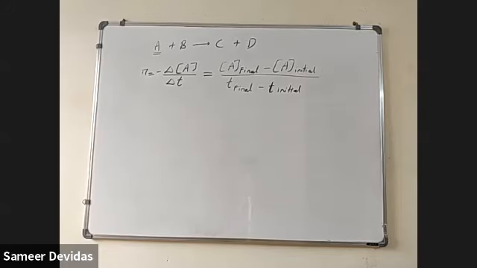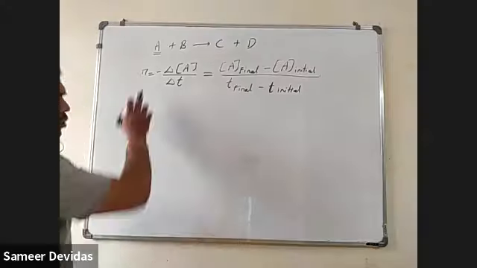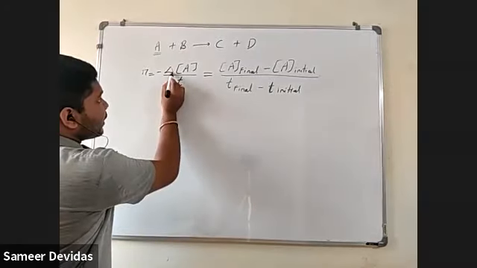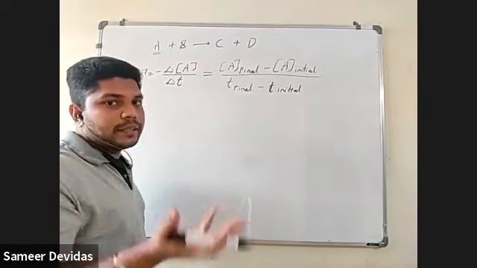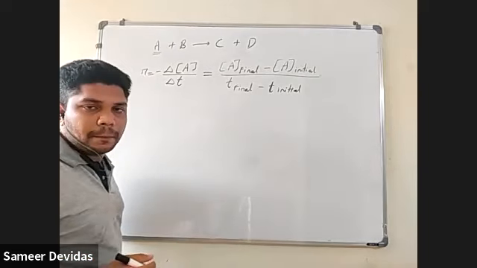So if you're writing average, then it should be R average, no? Or is it okay with you? Do you have to write AV near that R also? Not required. Last time I have written average and instantaneous for you people. Whenever you are writing delta, it is understood that it is the average. Whenever you are writing d, it is understood that it is instantaneous. Is this clear? Okay. All are finished with this?